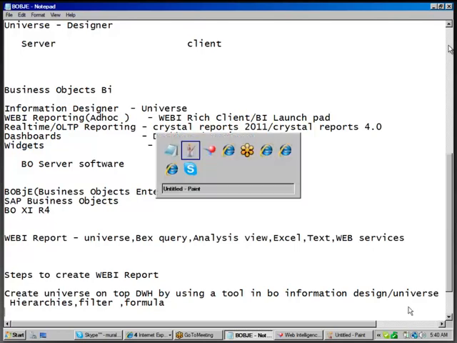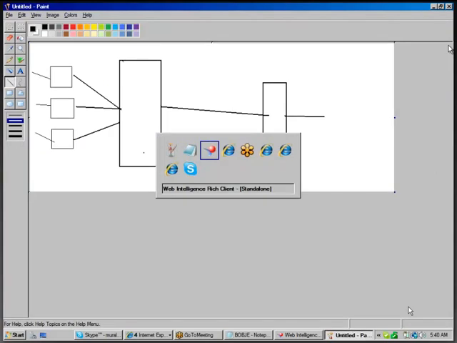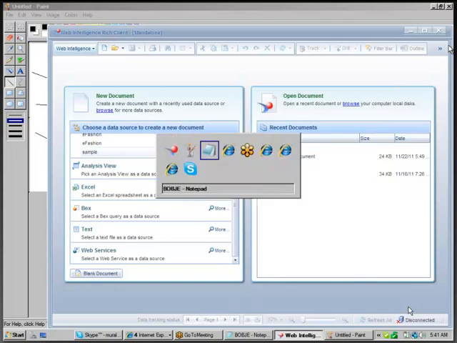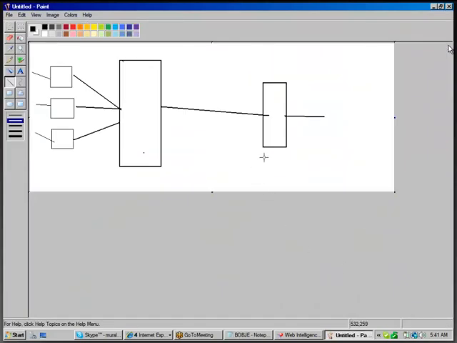That is good. Anyway, now leave aside the universe. I already have an existing universe. For the time being, I will take that as a source for creating the web report. Later, our course starts with universe design. First, I will explain how to create a universe by using the Information Design Tool in R4, and later I will explain how to create a web report on top of that universe. There your job ends. And then later I'll explain how to create a Crystal report without a universe.